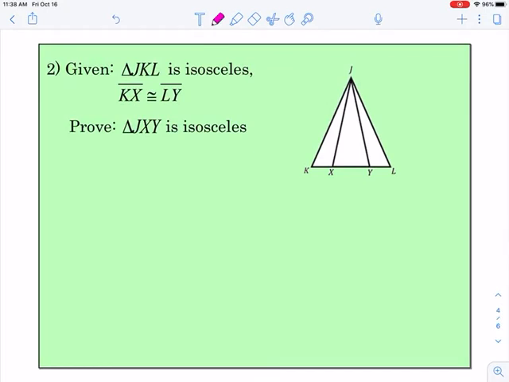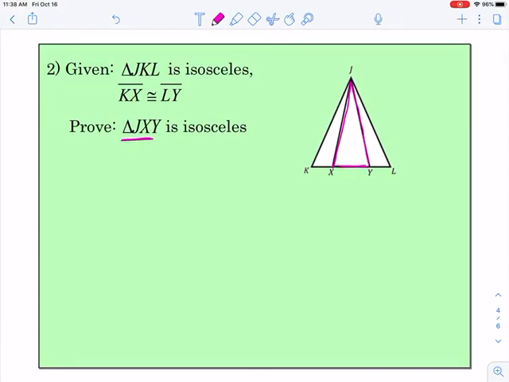Okay, for number 2, you're told that triangle JKL is isosceles and that KX is congruent to LY, and we want to prove that triangle JXY is isosceles. So the first thing I'm going to do is highlight in pink this triangle that I want to prove is isosceles. So I want to prove that JXY